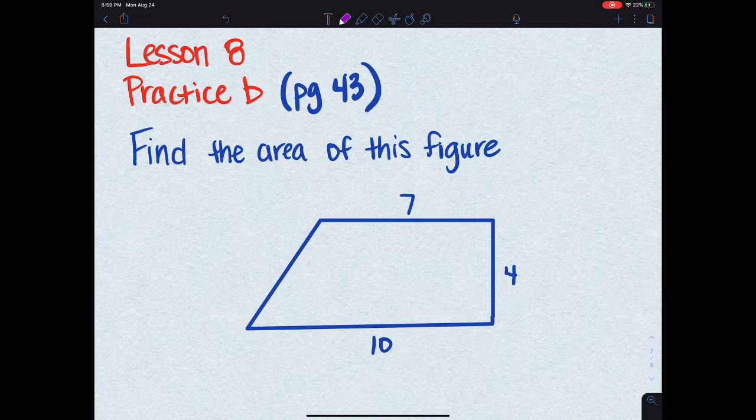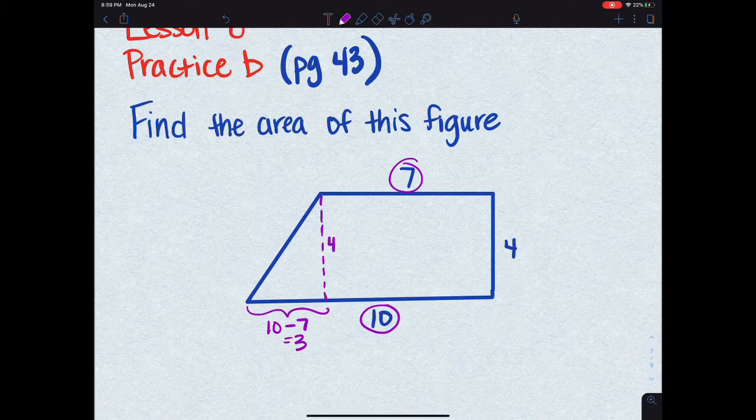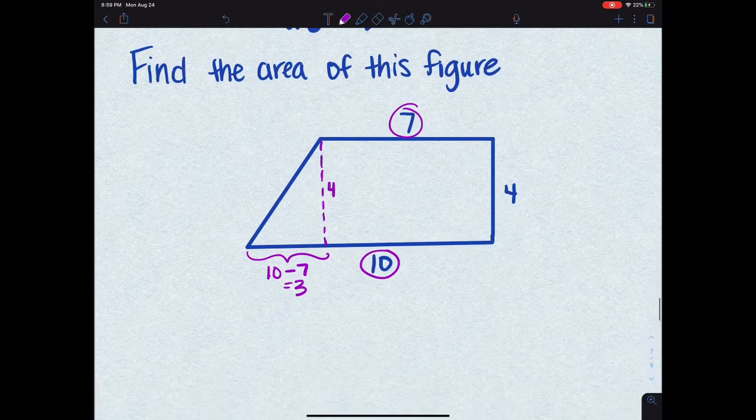So just try and follow along, okay? So let's see, it says find the area of this figure. So what I'm going to do is divide this into areas that I know how to figure out, right? So this is going to be a triangle and a rectangle, and I know that this is going to be 4, and this side is going to be 10 minus 7, because I took this 10 minus this 7, and so this is going to be 3. And then that's it. I have all the information that I need